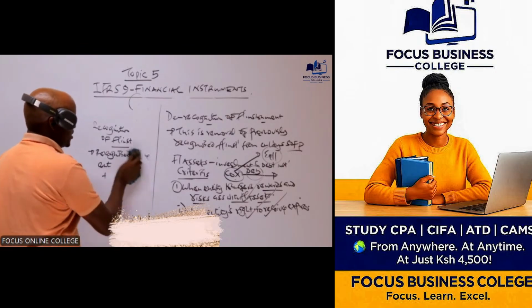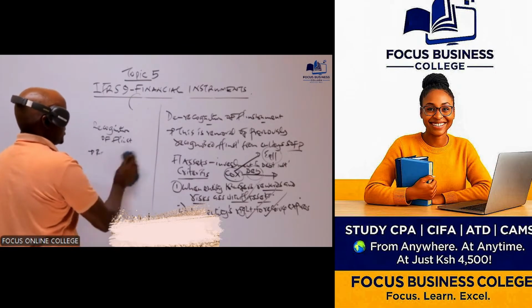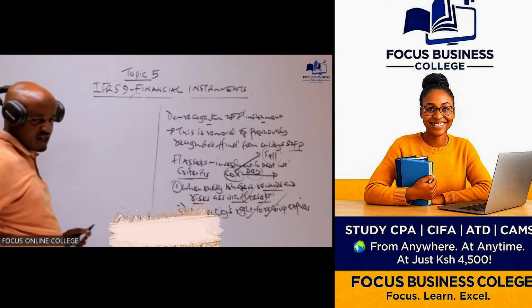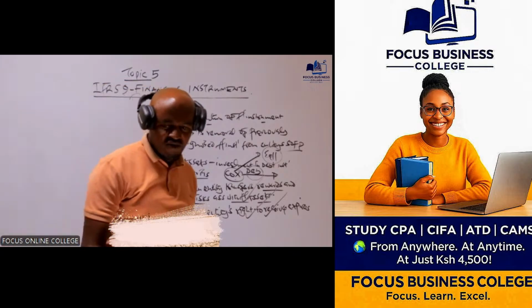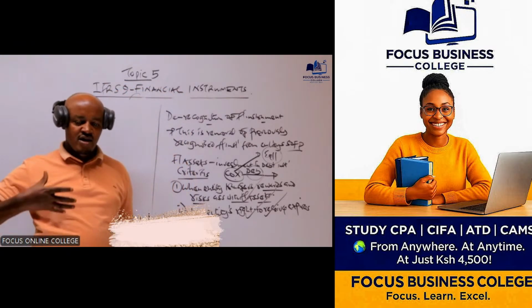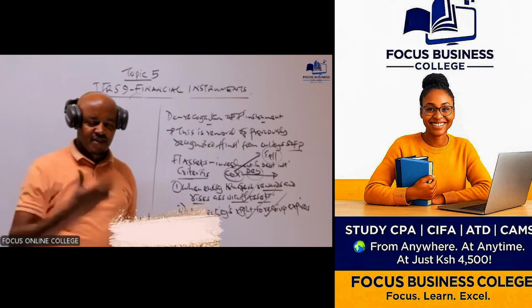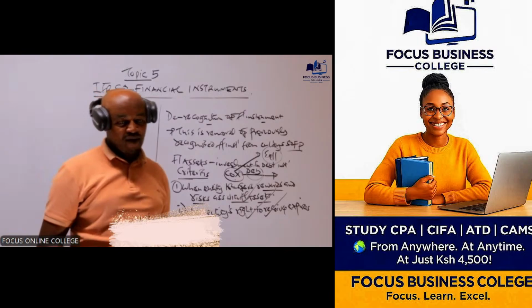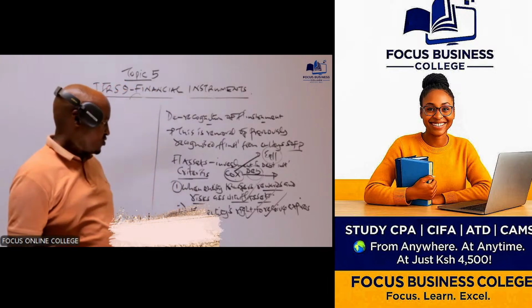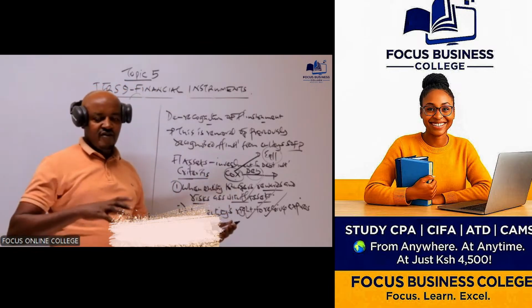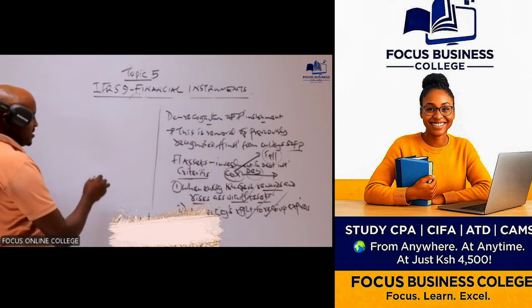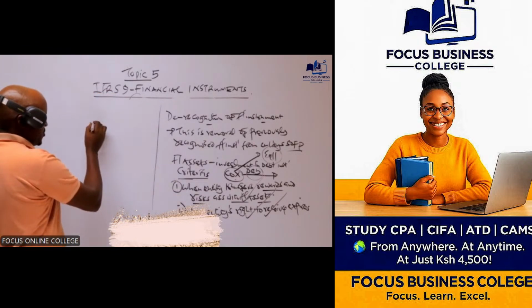Those are the two criteria upon which a financial asset may be recognized. And in this case, we have said it's important for you to understand what a financial asset is. It's basically an investment in shares. It is an investment in debt securities. At a later stage, we are going to look at the various categories, the various ways in which we classify the financial asset. But next, I want us to look at